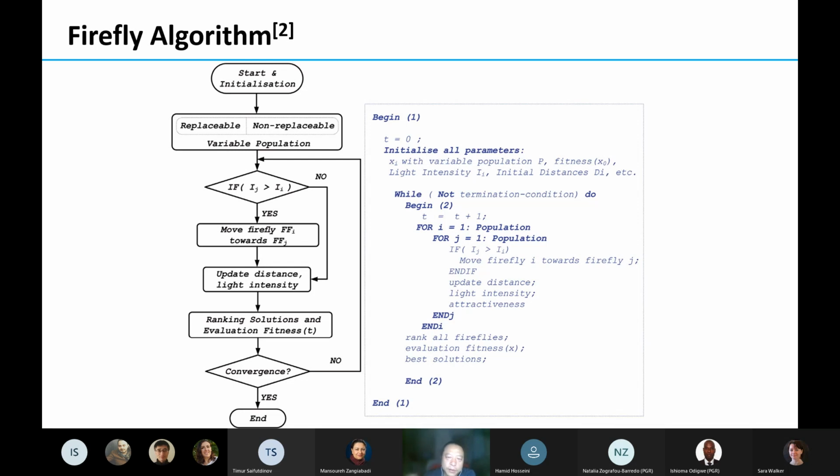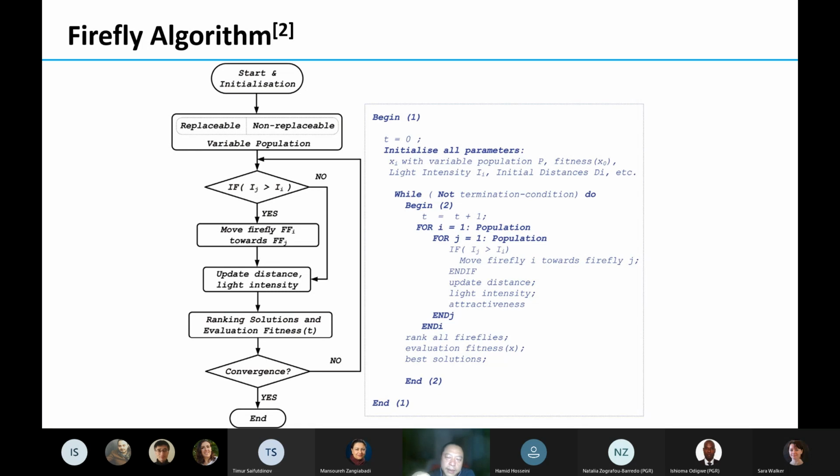If you are from a computer science background, you can see the algorithm steps very clearly. It goes through different loops. Initially, when you begin the algorithm, you set initial parameters for every parameter in your modeling and your algorithm. Then it goes into a while loop, which means you set a termination condition, which most of the time is a max generation, which is 100 in our simulation.